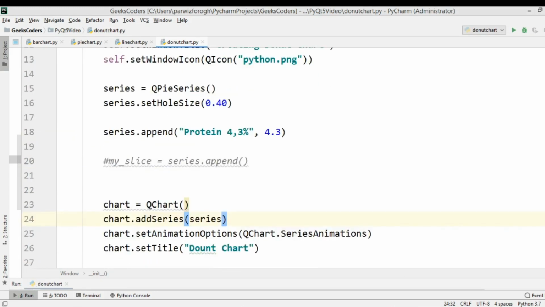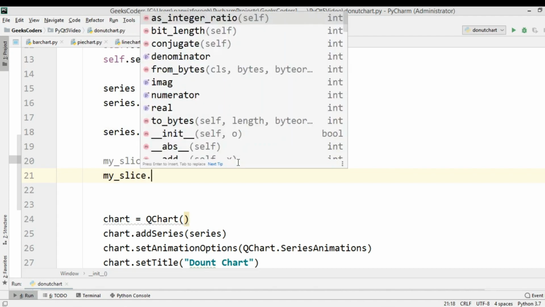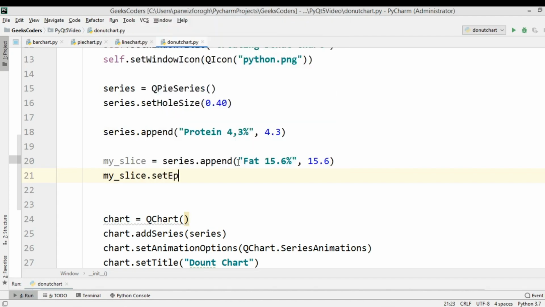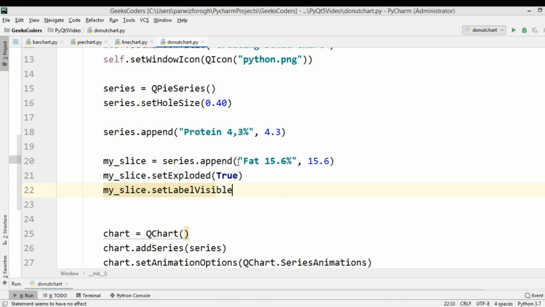Now let's just add a slice in here, and we want to add more items. So let me just say fat, you need to add the value, and we can say my slice dot set exploded to true, set label visible to true. Now if I run this,